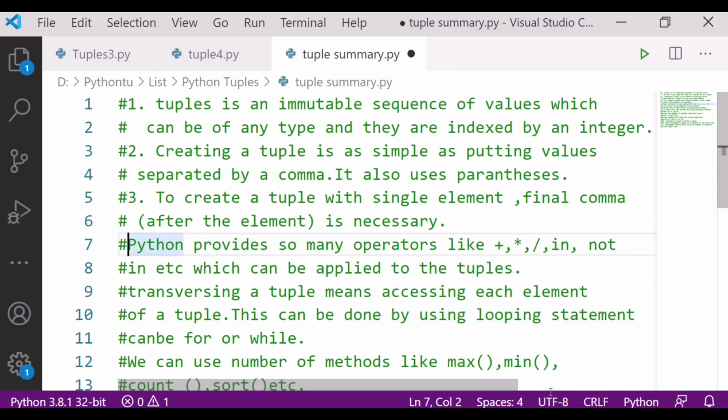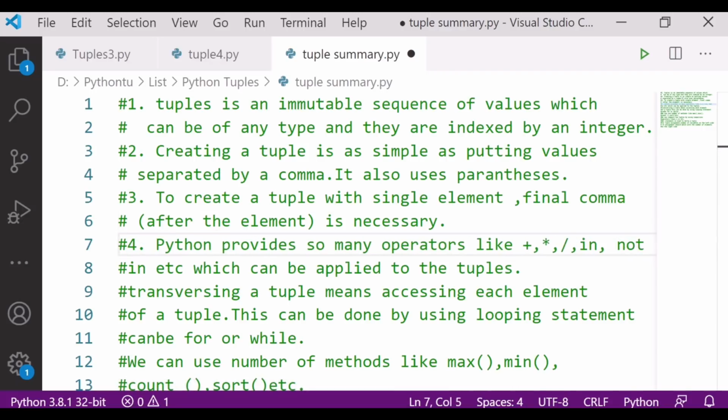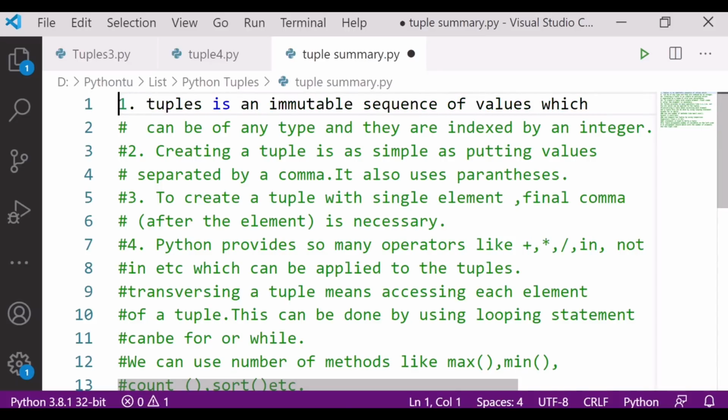Number four, Python provides so many operators like plus, addition, subtract, division, in, not in, etc., which can be applied to tuples. We already did these things in the videos.